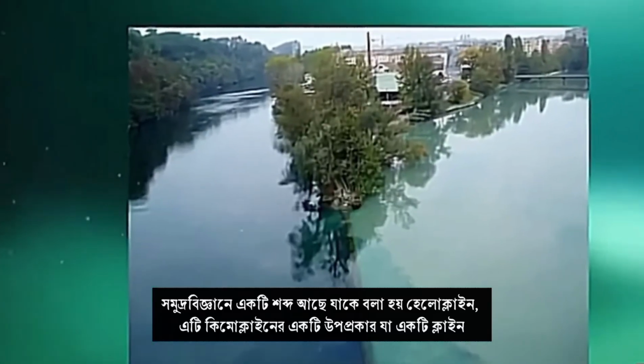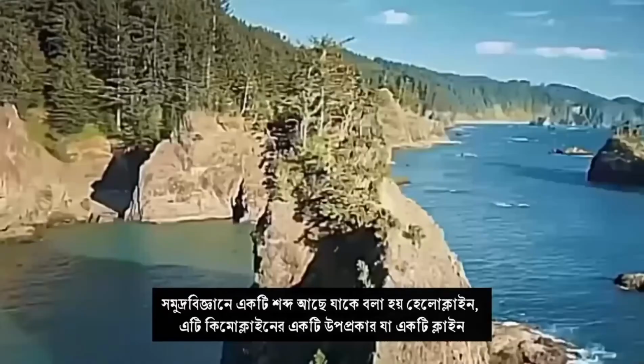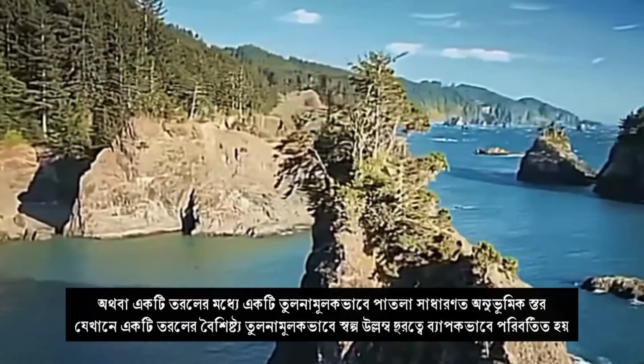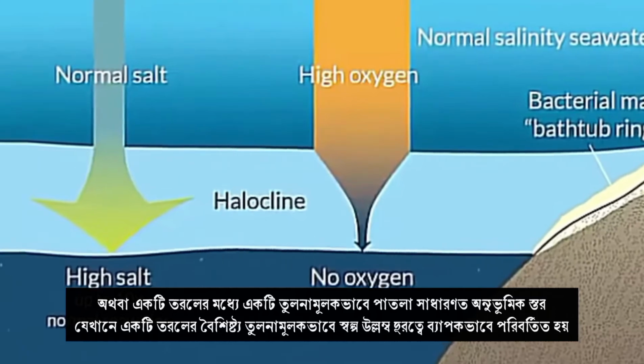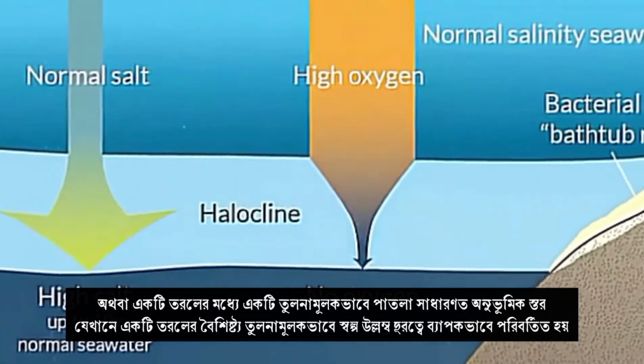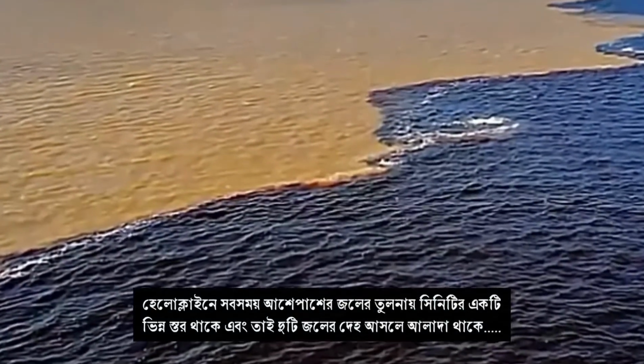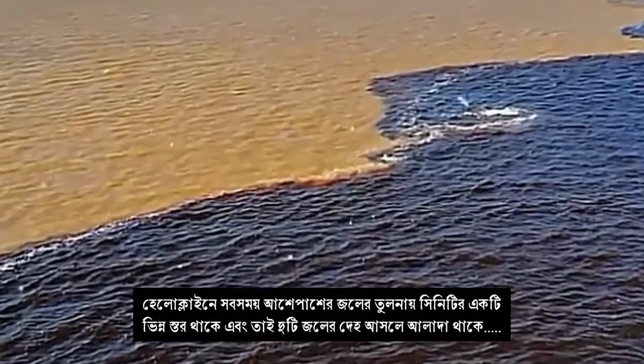Halocline. There is a term in oceanography which is called halocline. It is a subtype of chemocline, which is a cline, or a comparatively thin, typically horizontal layer within a fluid in which a property of a fluid varies greatly over a relatively short vertical distance. The halocline always has a different level of salinity than the surrounding water,